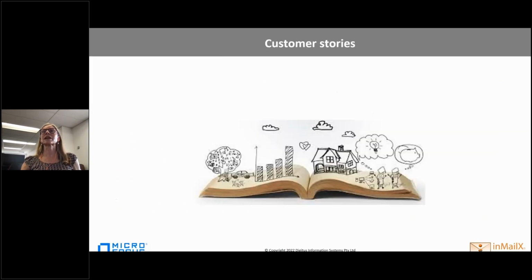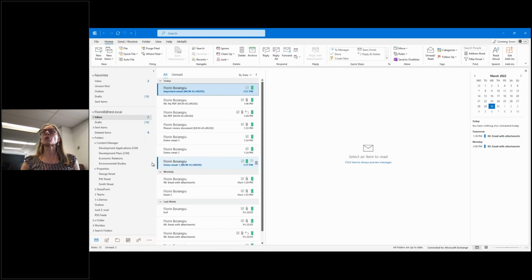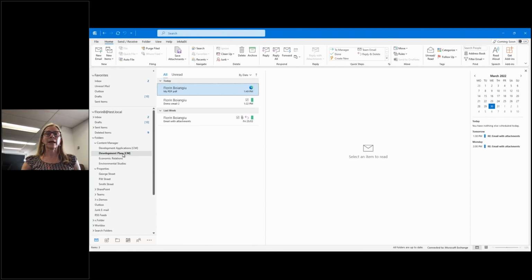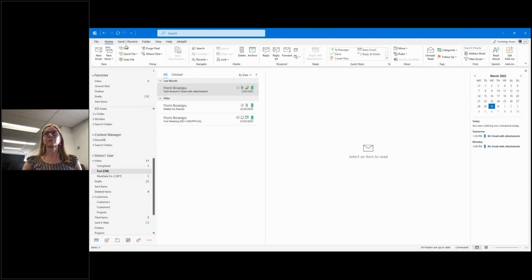There's just one other question that's come through. If you set up the link to Content Manager in a shared mailbox, is that link visible to all users of the shared mailbox, or does each person need to set the link up themselves? Okay, so the link itself will be visible to every user. The computer processing the filing is going to be the computer that the link was created from. Yet if another user wants to have the link processed on their own computer, when they select link folders, they just need